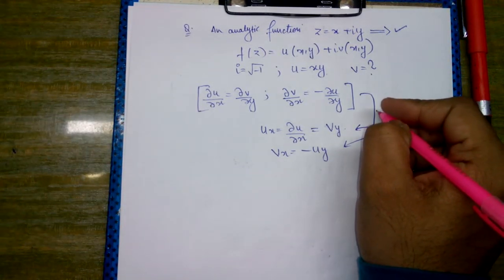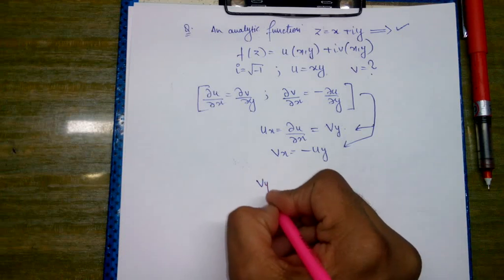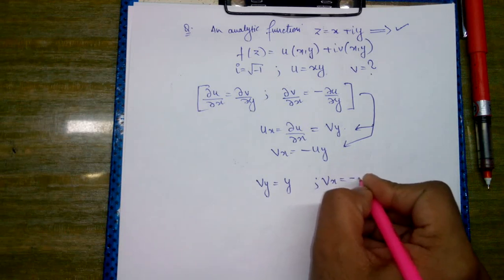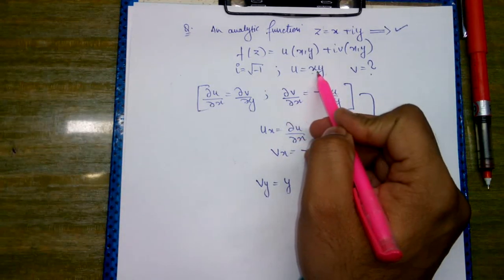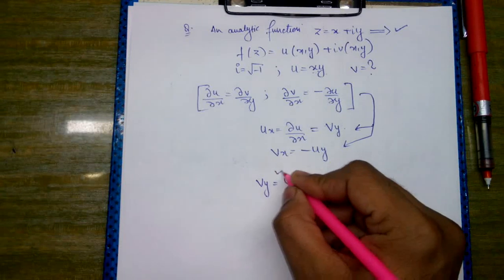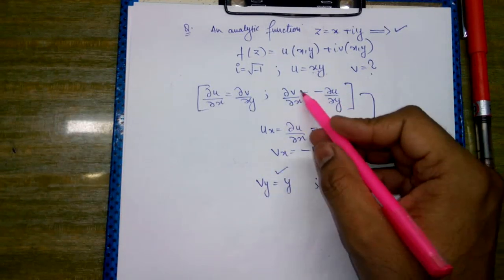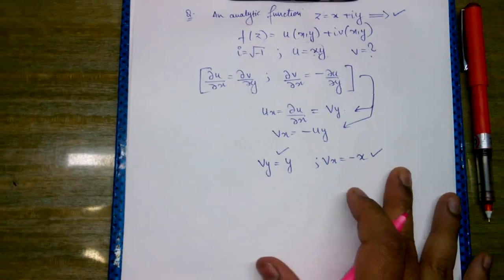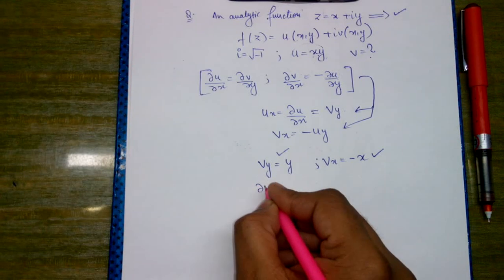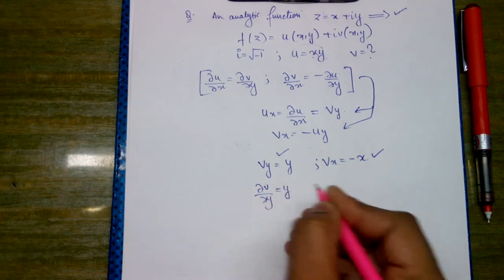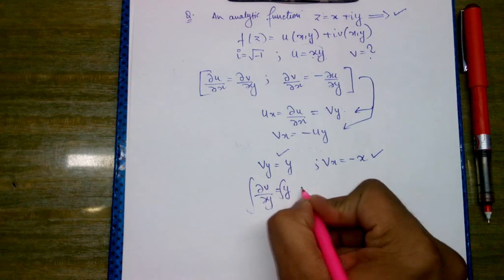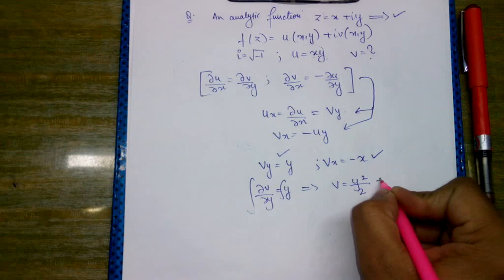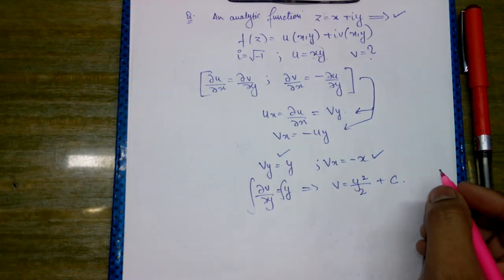Okay, now we know that vy is equal to y and vx is equal to minus x, because u has been given, del u upon del x is y, and del v upon del x is equal to minus del u upon del y, so here we'll get minus x. Now vy simply means del v upon del y, this is equal to y. Now we will integrate both the sides, and on integrating we get v is equal to y square upon 2 plus some constant c. And